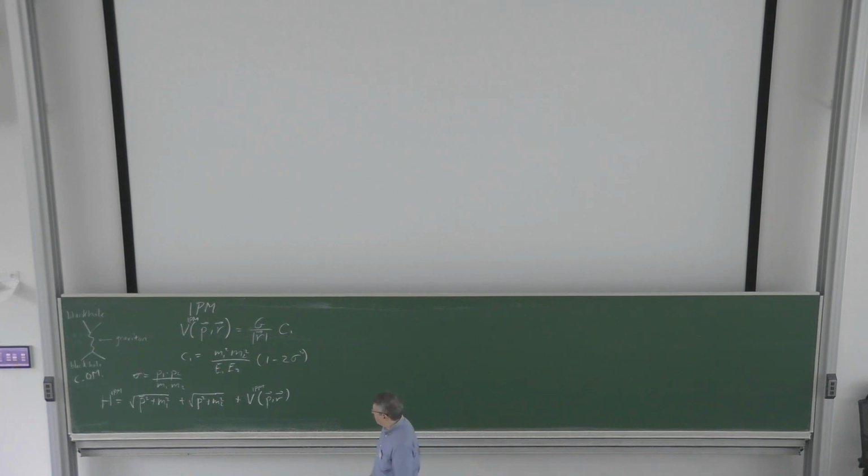And we can use this Hamiltonian to derive all sorts of things, for example, a scattering angle. I'm not going to do that for you. I think you can look up in any classical mechanics book how to do a scattering angle. It's pretty much the same way it's done in Newtonian mechanics with the Newtonian potential. You use energy conservation. So, for example, you can get a scattering angle out of this,